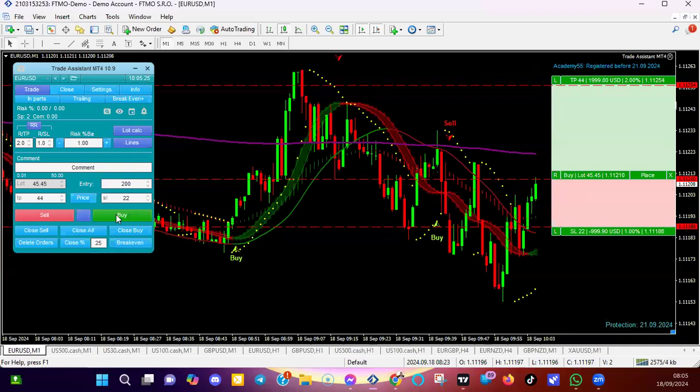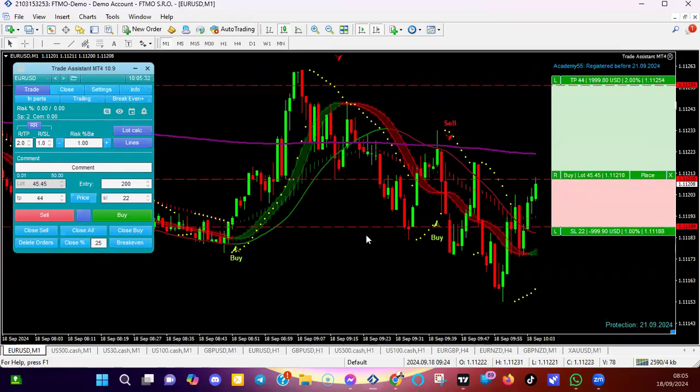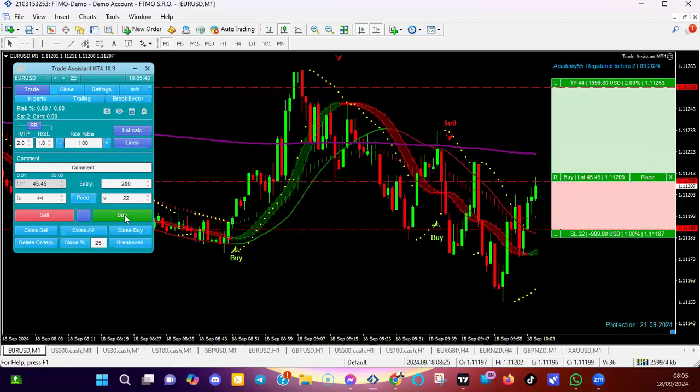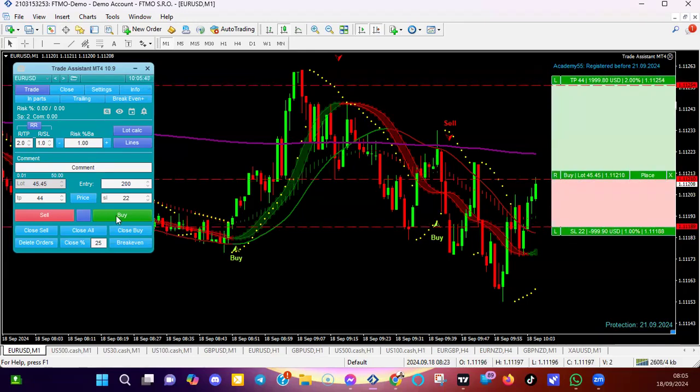Did you see that? But I've got to be more cautious. And as soon as that gets to the purple line, or wherever we get in,